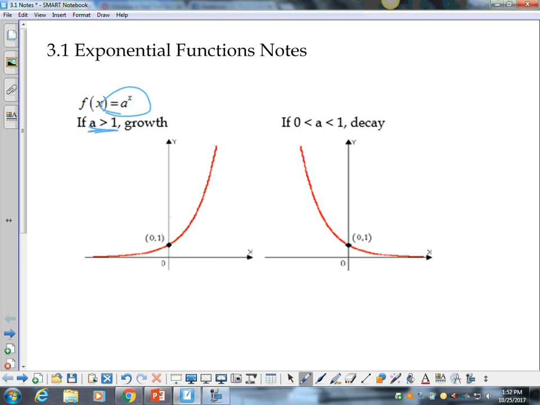Yes, because if I have 1, it goes to 2, and 2 goes to 4, and 4 goes to 8. So it's not increasing the same amount every time. That would be linear. So exponential, it increases at a really fast rate. So I start out with my measly little $100, and then it grows and grows. And as you get more money,